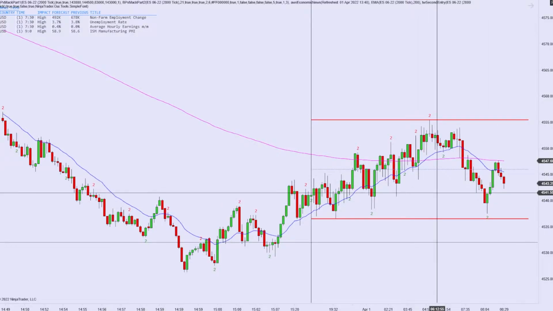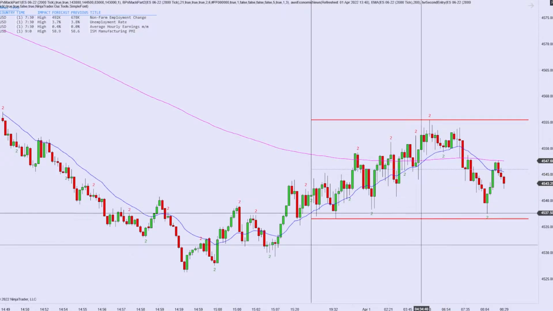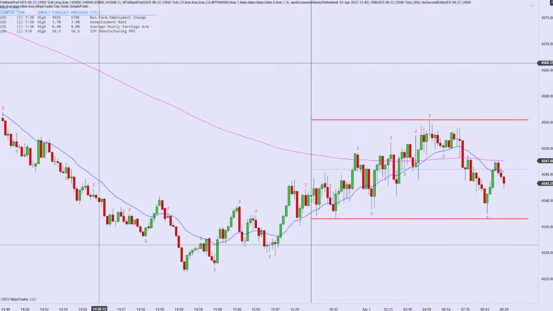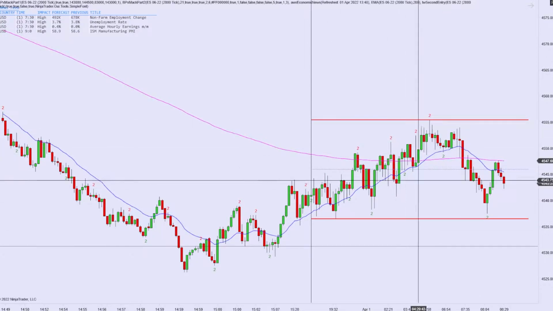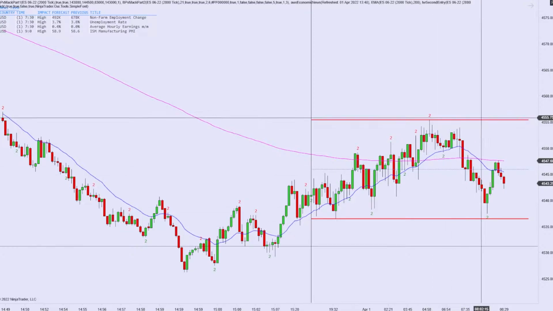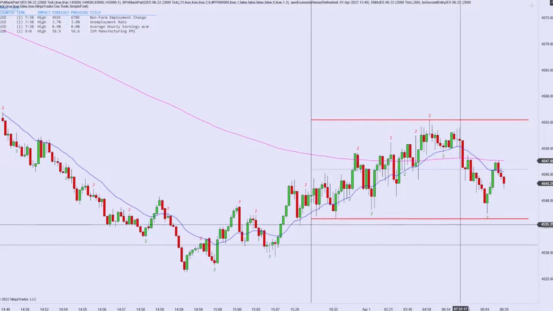Today is April 1st, 2022, and today we're looking at a 2000 tick chart. We have a 21 EMA here in blue, and we have a 200 EMA here in magenta. These are the only indicators that I use. I like to keep the chart as simple as I can. We come in marking a level of resistance of overnight highs at the top and support overnight lows at the